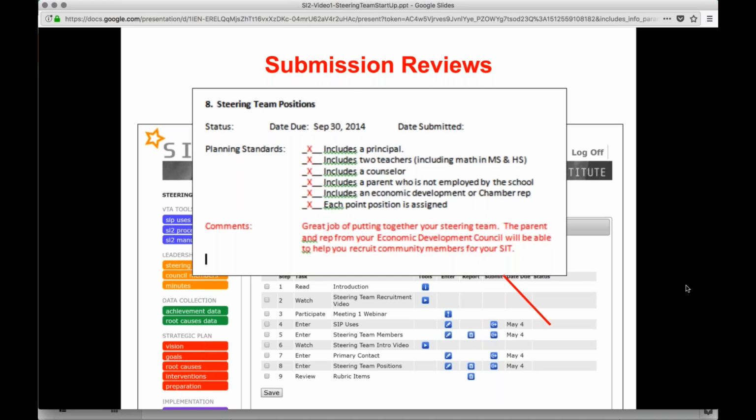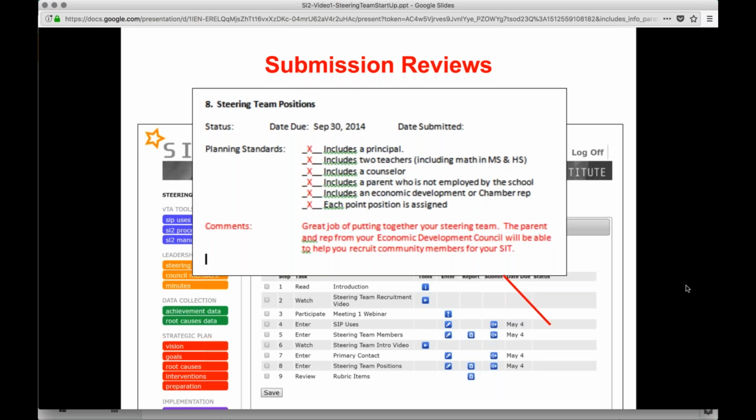And so, for example, when you submit your steering team to me, and Amy will show you how to do that here in just a bit, what I will check is against this list. And I always kind of lovingly call this the best cheat sheet ever, because here again, you have the roadmap ahead of you. There's no guesswork in this. You know ahead of time exactly what you will need.